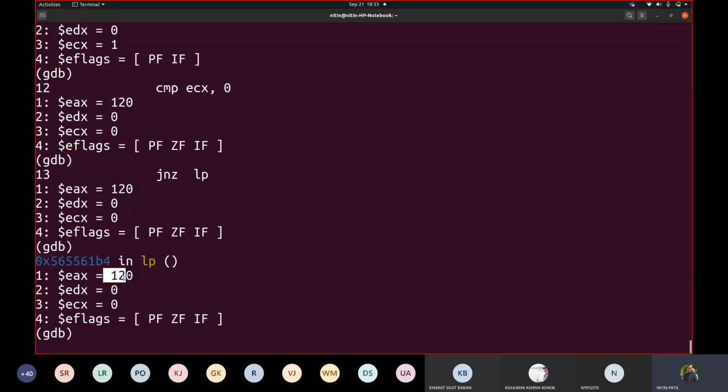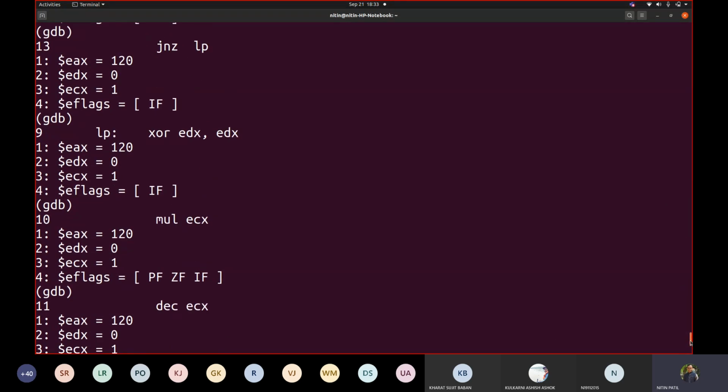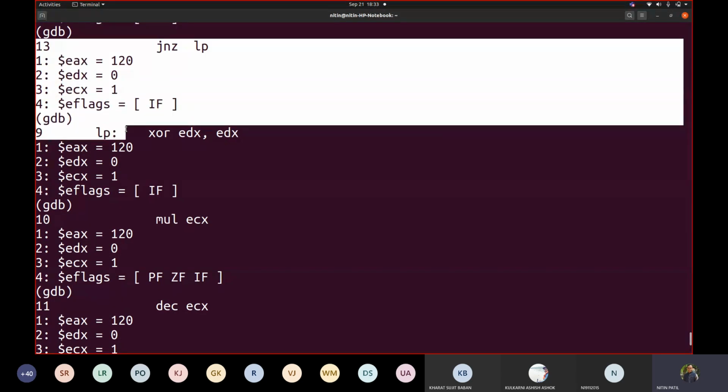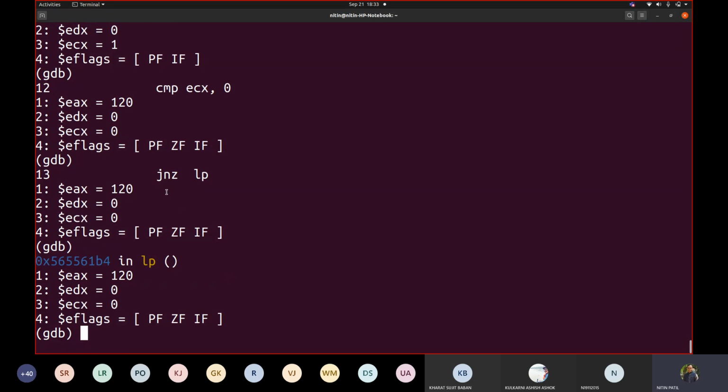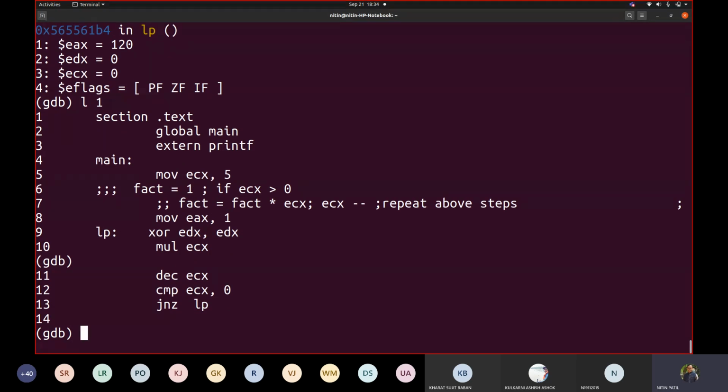And we got now 120, because earlier, if you recall, if you see above, for example, it was line number 9 after 13, correct? But here when we are done with this, because of LP jump not 0, the 0 flag was set. So there are two instructions, jump if 0 or jump if not 0. So you write JZ or JNZ. For cases like this code we wrote, this computes factorial. So this code requires jump not 0, which we are using. Correct? Is that okay? Any question with this?